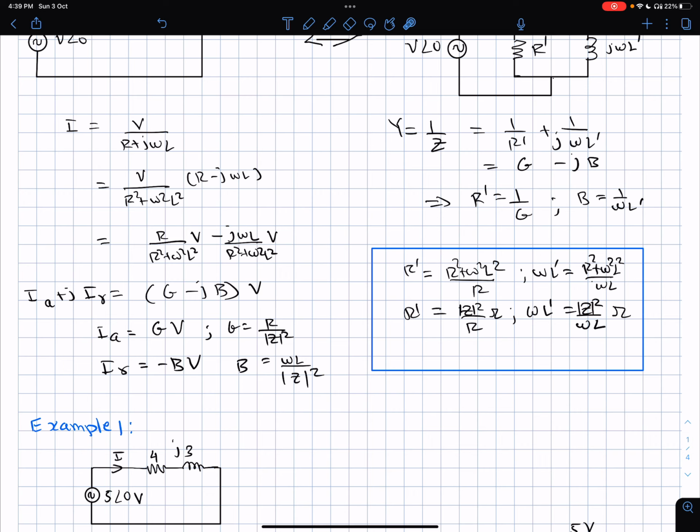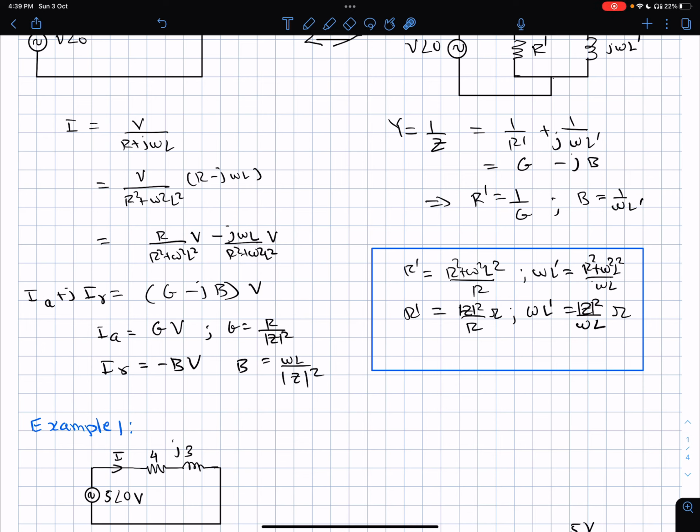component I can write it as the real part, the active power part, as IA and the reactive power part as IR. So IA plus jIR, I can write as this part, which I'll call the shunt conductance G, and this part I'll call the shunt susceptance B, and this can therefore be written as G minus jB, because there is a minus j sitting here, times the voltage phasor, which is common. So the reference phasor is common.